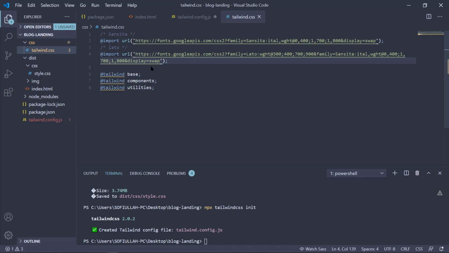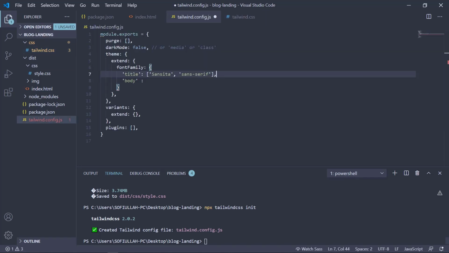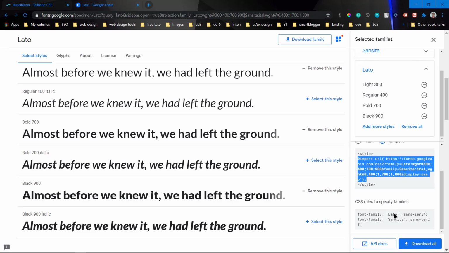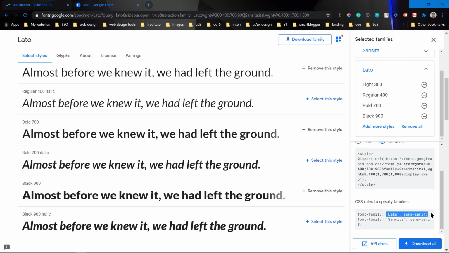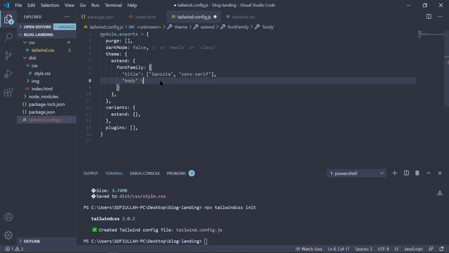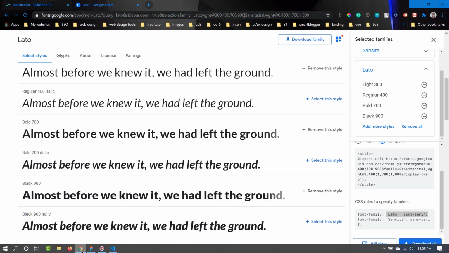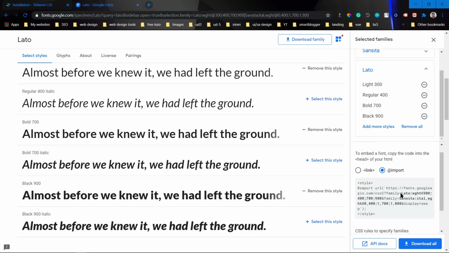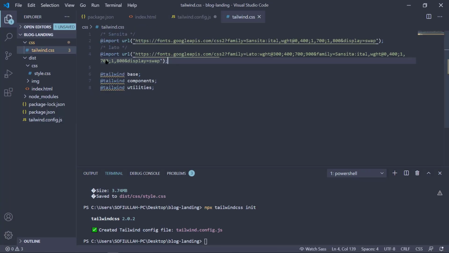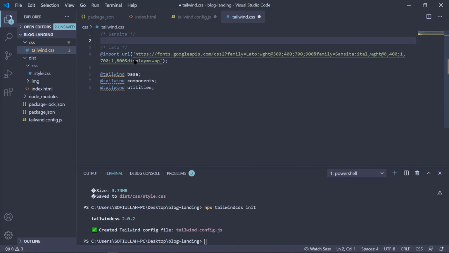We have imported our fonts. Now we can put the font name in the config file, which is this one, Lato, sans serif. Let's copy this, and this is the body. Actually, I think I have imported both of them together. Here, as you can see, Lato and Sans Serif. So we can remove the previous one, because this one is importing both Lato and Sans Serif.